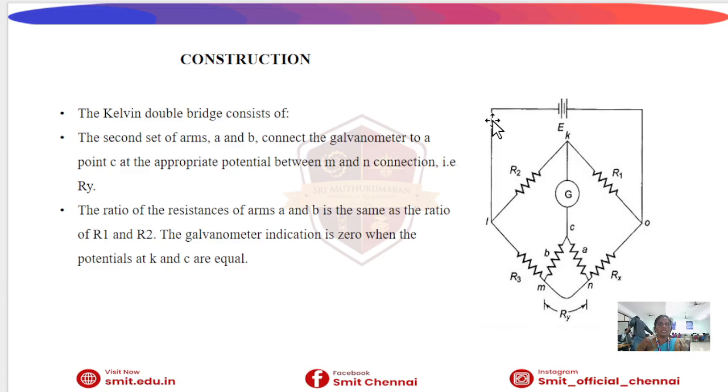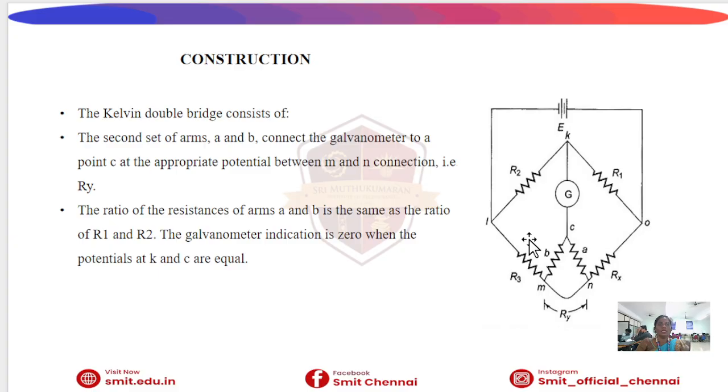Now let us understand the construction of the Kelvin double bridge. The Kelvin double bridge is a modified form of the Wheatstone bridge, mainly used for measuring very low resistances accurately. In this circuit, we have two main ratio arms R1 and R2, a known standard resistance R3, and an unknown low resistance RX. A galvanometer is connected between points A and C, and an additional set of ratio arms called